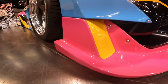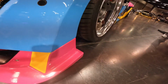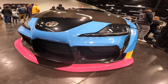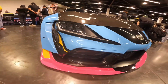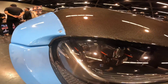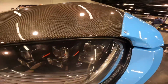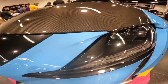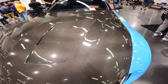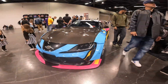Now moving on to the front bumper, we have a pink front splitter all the way around the front bumper, along with the front bumper having a variety of colors, including yellow, blue, and black, along with the pink on the front splitter as well. And as we move on to the beautiful headlights we can see there, we can also get a glimpse of the carbon fiber hood that is on this absolutely beautiful Supra. Yes, carbon fiber hood with the 6 vents in the hood as well,